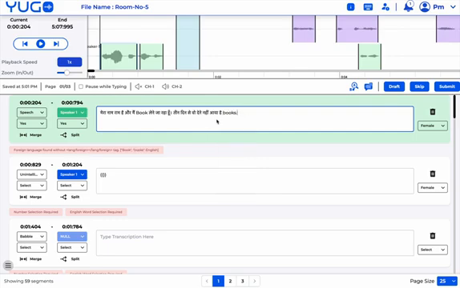Okay, so while I am transcribing in Hindi, there are some English words. For English words, we have to consider this as a foreign language. When there is a word not in your target language, if it is in English, you will be able to understand it, right? So you have to write the spelling in English, and then we have to put a foreign tag